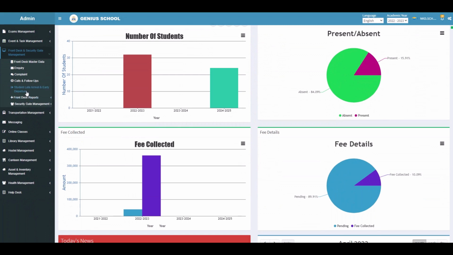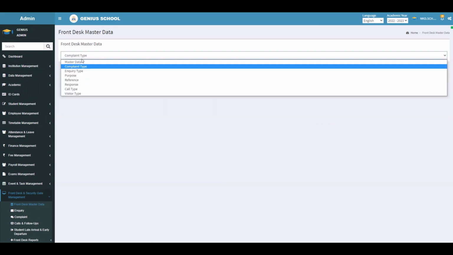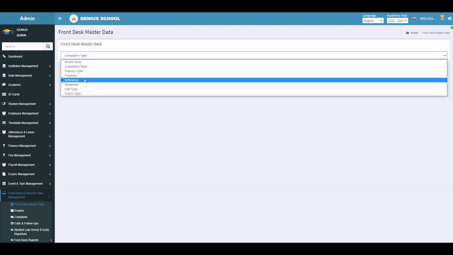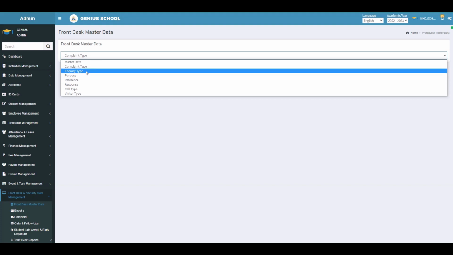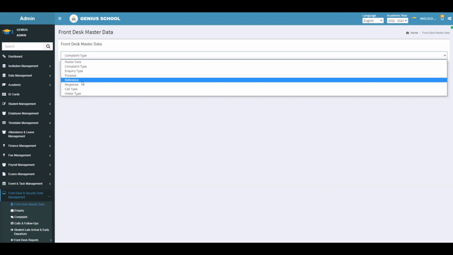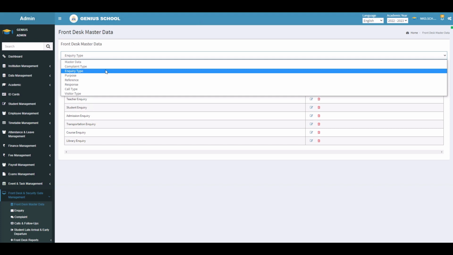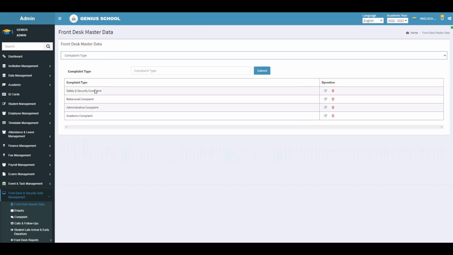The Front Desk Master Data is a location to store all the master data for front desk operations and security. Here you can make entries for various types of complaints, inquiries, calls, visitors, purposes, responses, and references. Click on the Complaint Type option. Here, enter the complaint type name. For example, let us write Financial Complaint here. Once you write the name here, click on the Submit button and your complaint type name will be added to